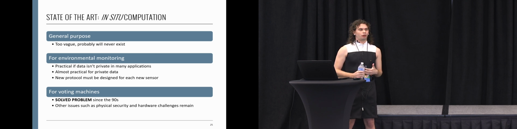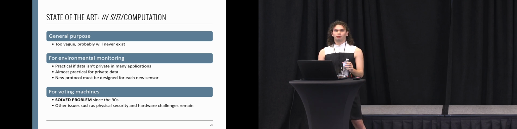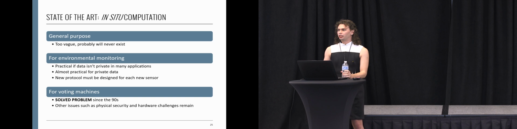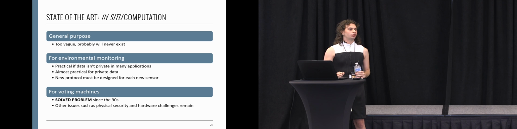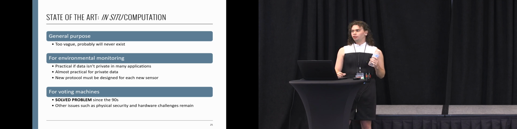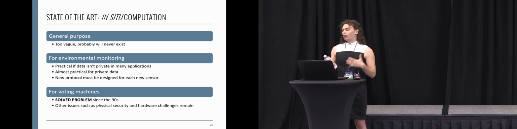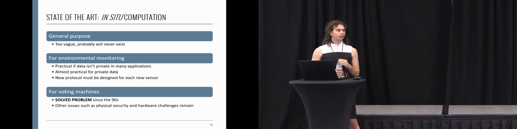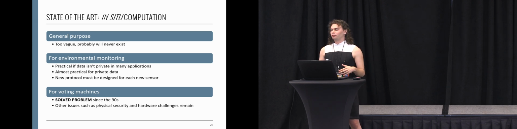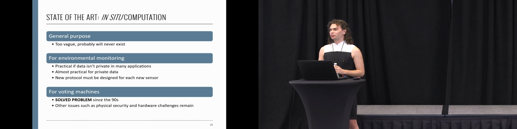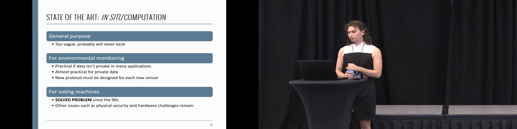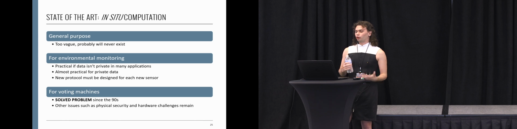Voting machines, in particular, are a 100% solved problem from a computer science point of view. The main issue when it comes to the security of voting machines, besides the fact that I don't actually know of any country that has implemented these protocols that have existed for 3 decades, is physical security and hardware challenges. The most secure algorithm in the world isn't going to help if you allow someone to put a USB drive into your computer. And a variety of actual studies on voting in the United States have found that, yes, you can walk up to a voting machine during an election and put a USB drive in it and access information on the machine. So there's a lot of real physical security and hardware challenges that remain.